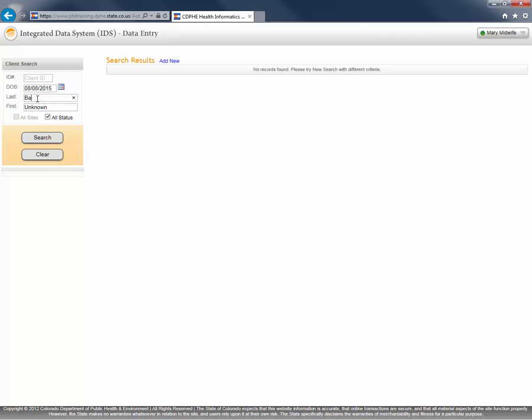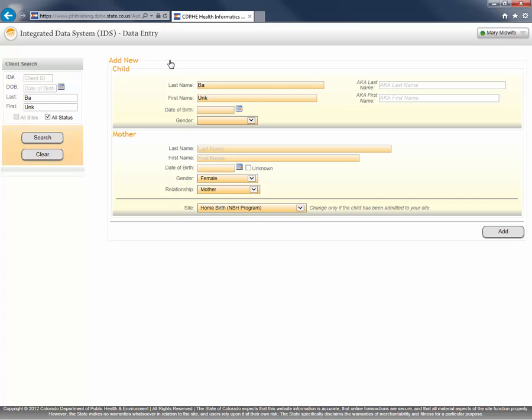I'm going to remove date of birth because sometimes that's 1 day off. And first name, I'm going to use the first 3 characters. This will effectively open my search criteria. Click on search, I still find nothing that matches. So at this point, I'm going to say add new, because I'm sure that I'm keying baby's name and date